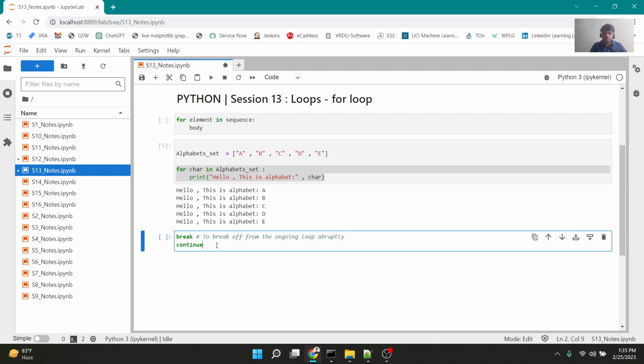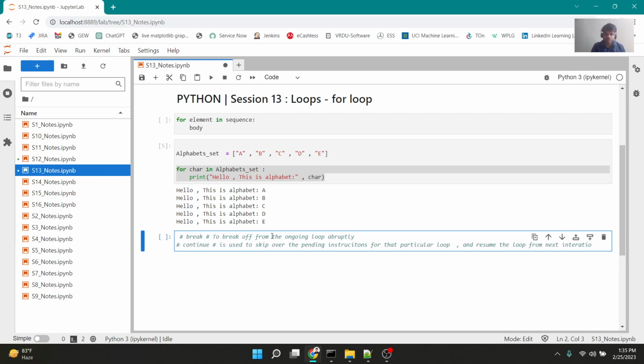Okay, so suddenly if you want to break off, you can use this. Continue is used to skip over the pending instructions for that particular loop and resume the loop from next iteration. Okay, let's see how we can